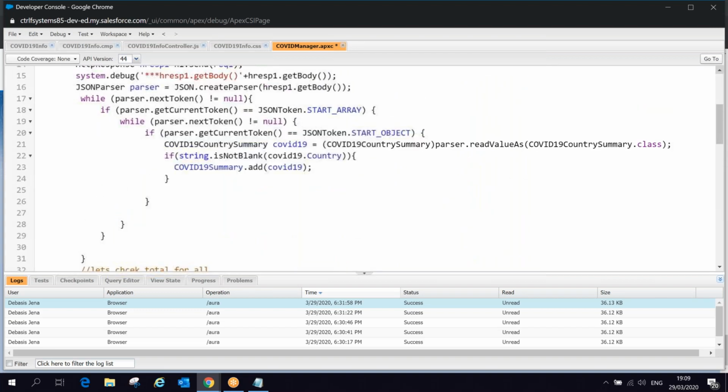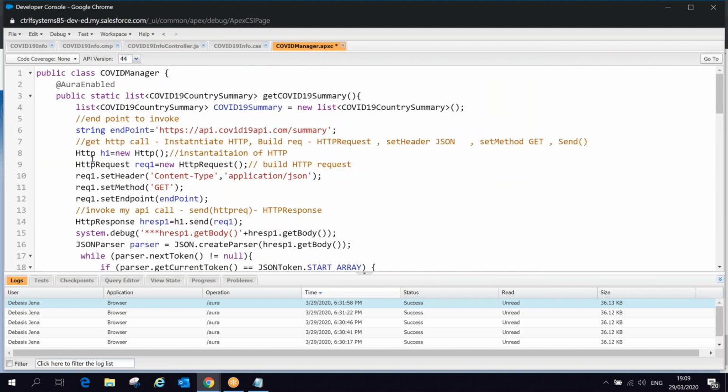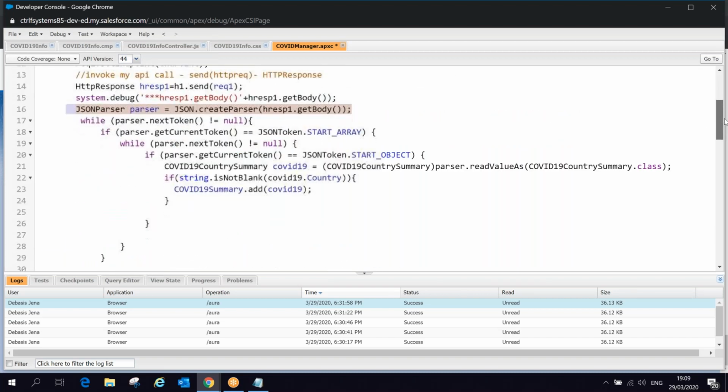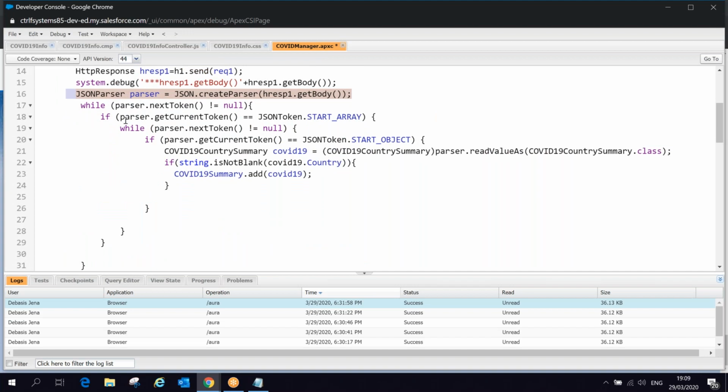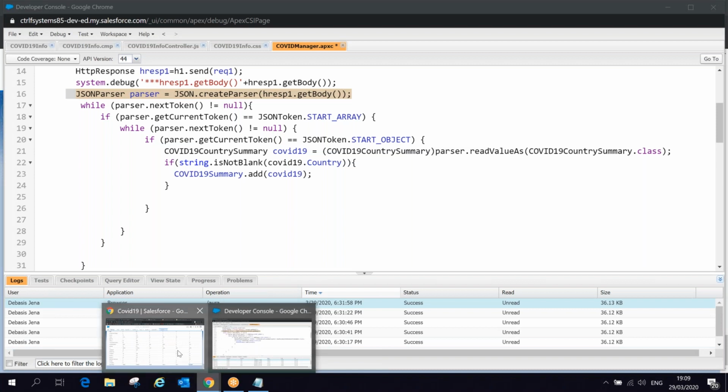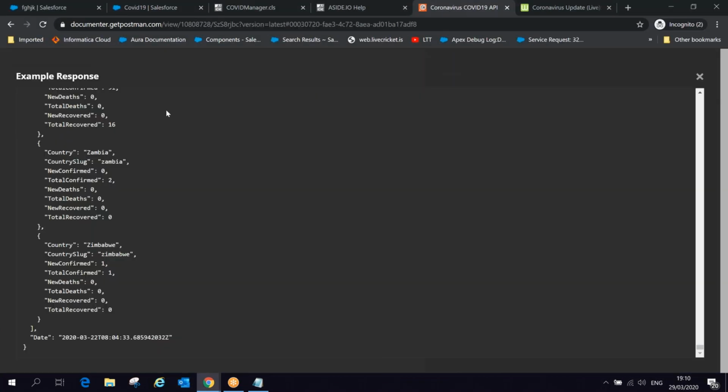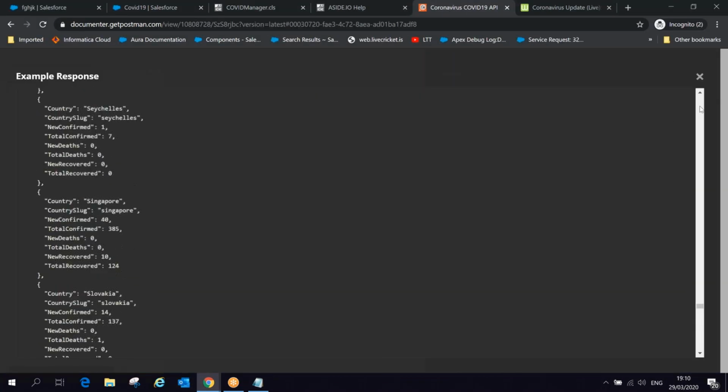Okay, you see the COVID-19 summary has my total data added here, along with the responses I have received from the API call. I passed that and added it here. So what you need to do is make an HTTP call with the GET method, then get the response. From the response you parse it using JSON.createParser. Then you go through each token of the JSON data, and as for the structure, we have this array of objects that starts from